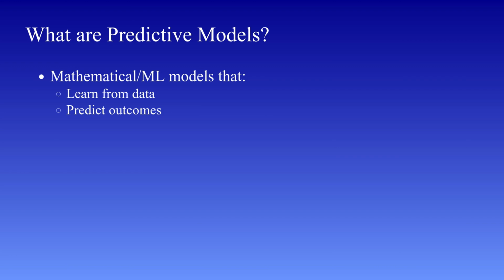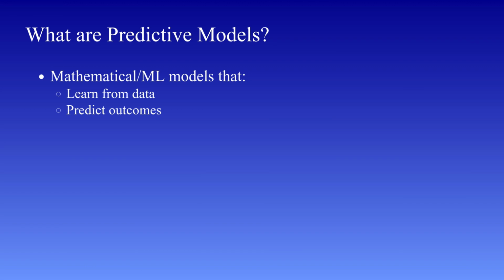Predictive models are widely used in many real-world applications. For example, in business, companies use predictive models to forecast demand, optimize pricing, and improve decision-making. In healthcare, predictive models can help estimate the likelihood of a disease or predict patient recovery time. In finance, they are used for credit scoring, risk assessment, and stock market predictions.